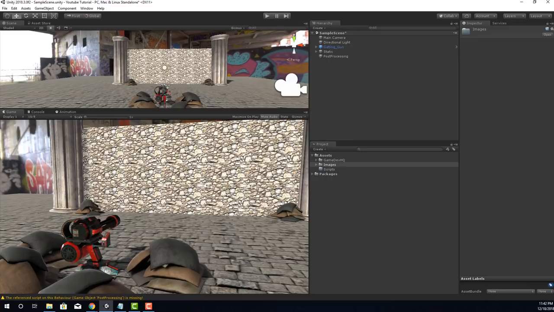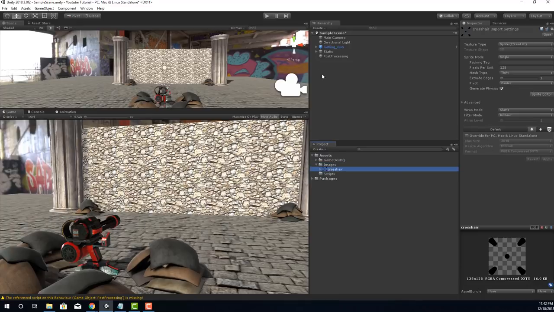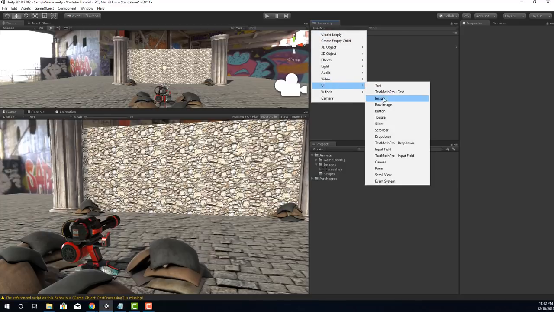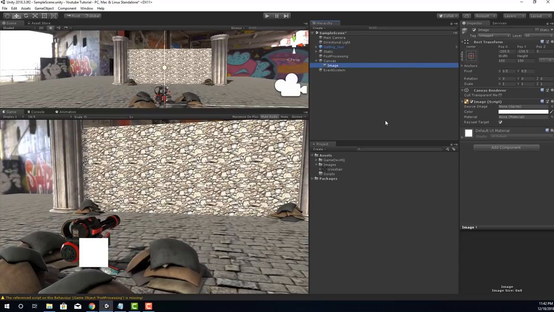To get started with the crosshair, we need to display a crosshair as an image component. You'll see here I have a crosshair image, and I want to basically overlay it on my screen and have it follow the mouse position. To do that, we're going to go to Create in the Hierarchy, UI, and we'll create an image component. This is going to allow us to drag the crosshair into the image source. We'll rename this game object to crosshair, and I'm just going to take my crosshair and drag it into the